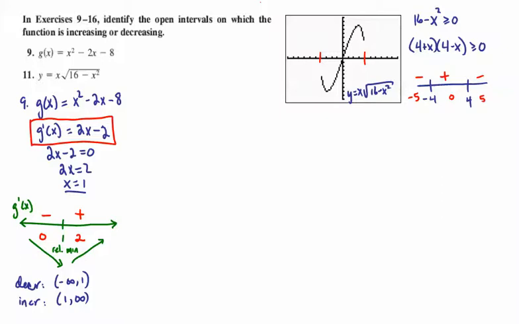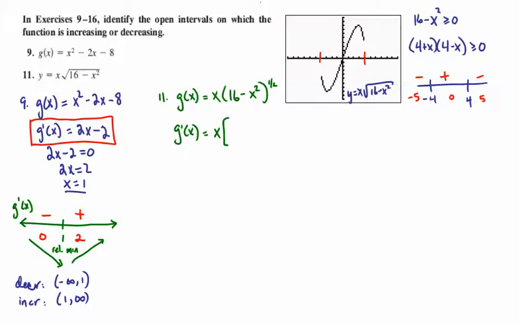Alright, so let's get back to our business of the moment here. So we have number 11. And number 11, we have x times, and I'll rewrite that, 16 minus x squared to the 1/2 power. Alright, since this is a product, we're going to need the product rule and a chain rule within the product rule. So g prime of x is 1 times,